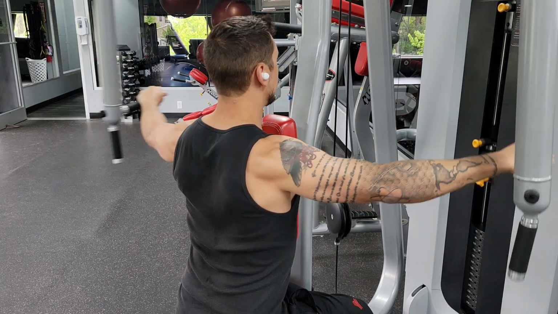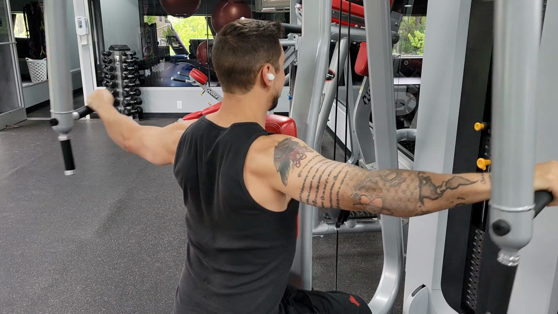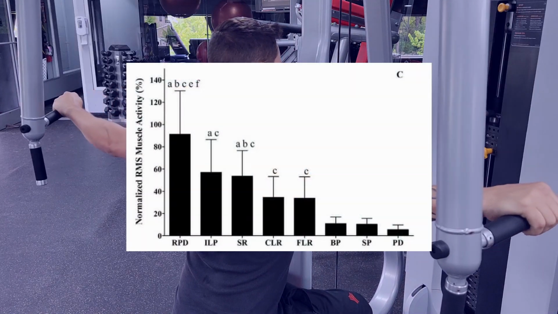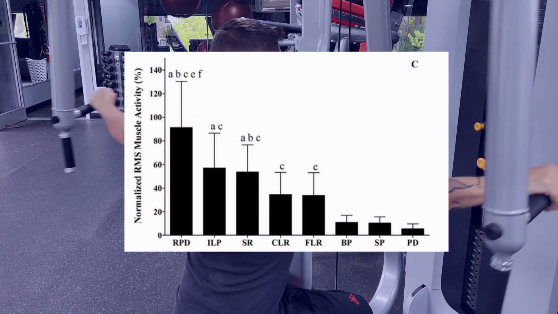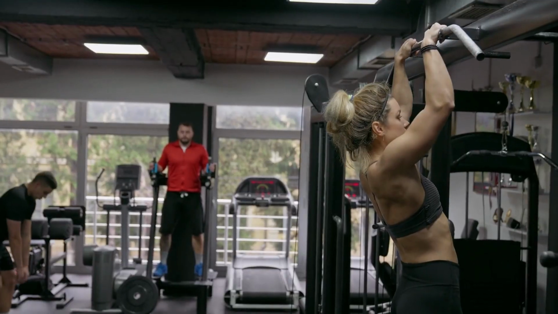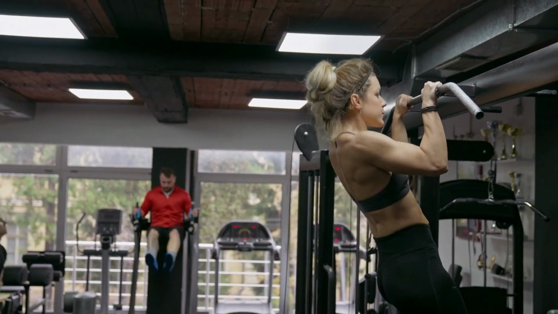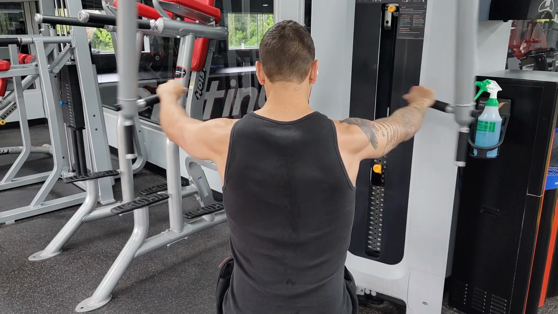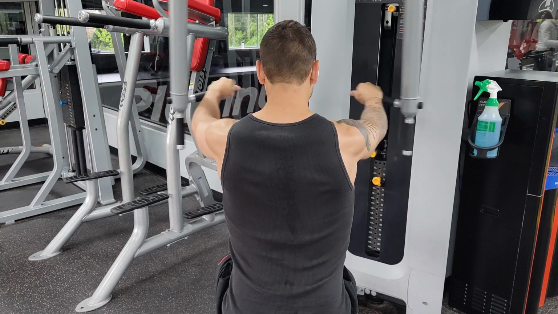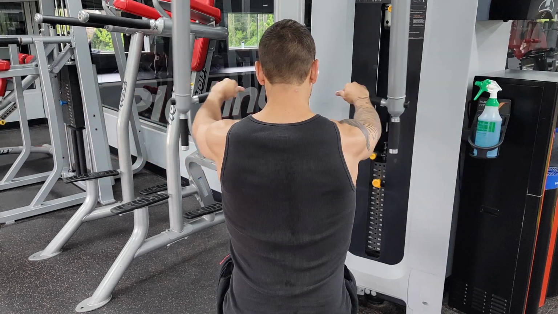rear delts. And this reverse pec deck is one of the most effective rear delt exercises, and this EMG data on screen here shows that there's 90% activation for these rear delts. And there's rear delt activity in exercises like pull downs, pull ups, and rows. But isolation work for this muscle can be very beneficial and very effective when comparing it to the compound style